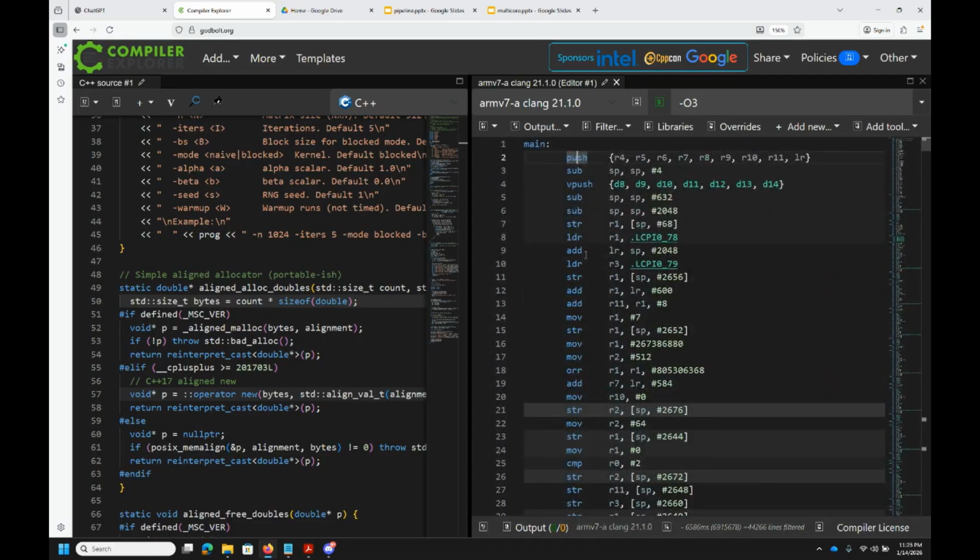Basically, if the assembly represents the way the program runs on the hardware, then we have changed the instructions that we need to run to make this matrix multiplication program execute on ARM. They are completely different from the instructions needed to execute it on x86. And this is the reason why you cannot run software designed for ARM on x86 and vice versa.